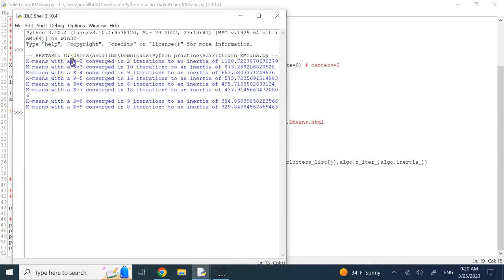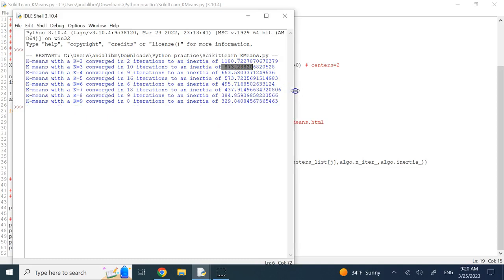So here you see it says for k of 2, it converges in 2 iterations. This is the total cost function. For k of 3, it converges in 10 iterations. This is the total cost function, and so on and so forth. And you see it is going down continuously. If you look at the last number, the cost function, you see it is dropping from 1180 all the way to 320,